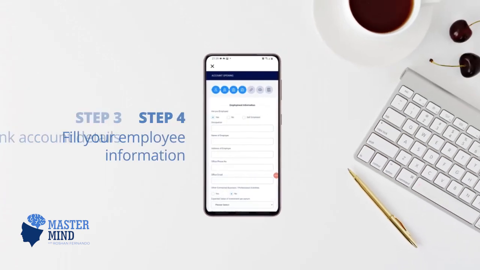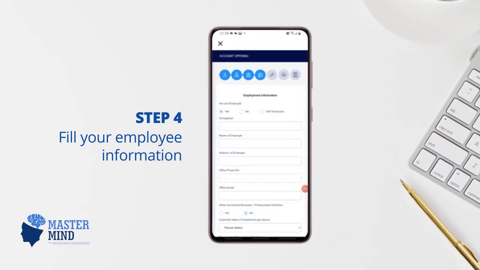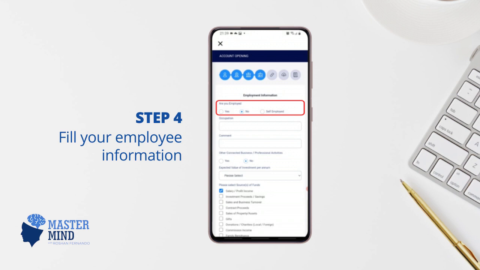Step 4 is your employee information. If you are employed, please fill relevant details such as occupation, name of the employer, address of the employer, office phone number, and office email address. If you are a student, retired individual, or currently unemployed, select No and fill the occupation field and make a